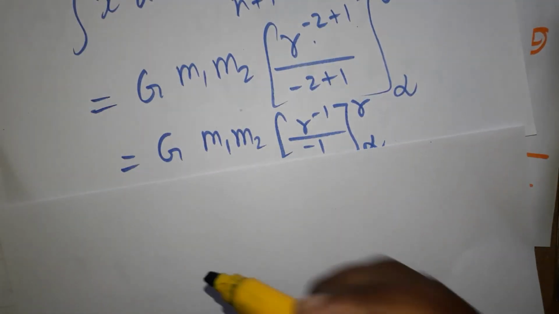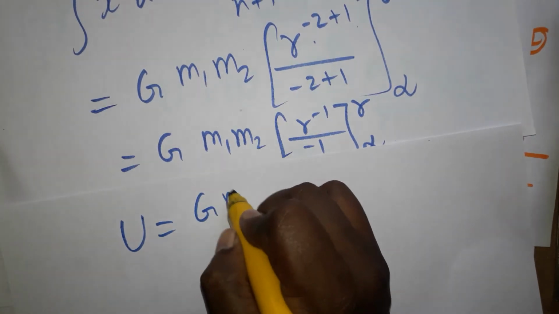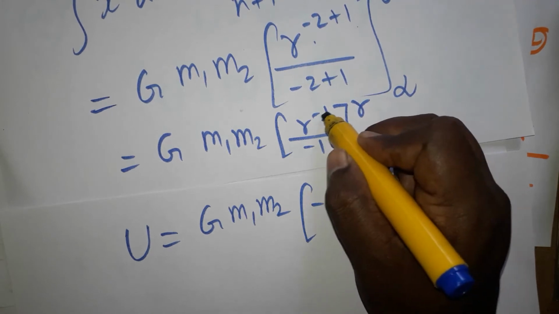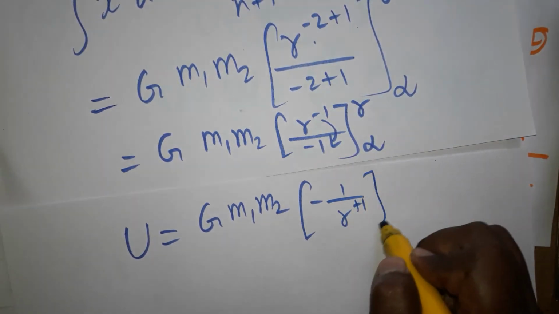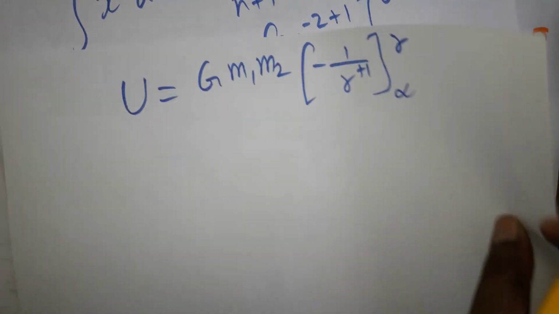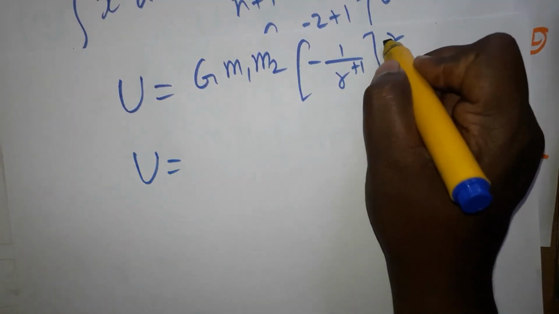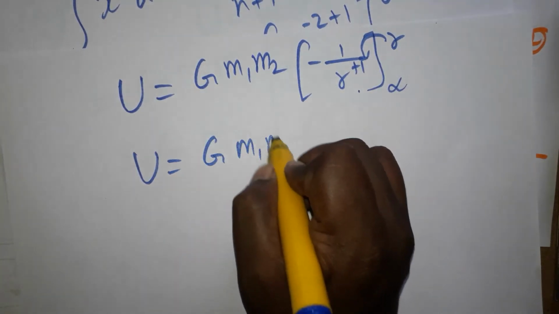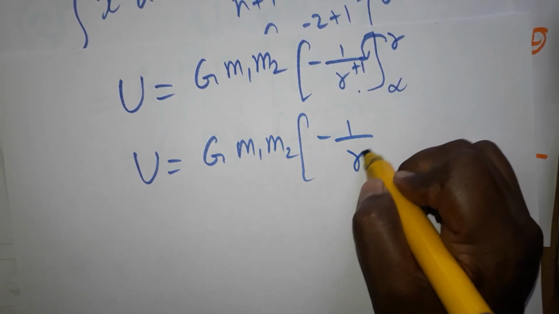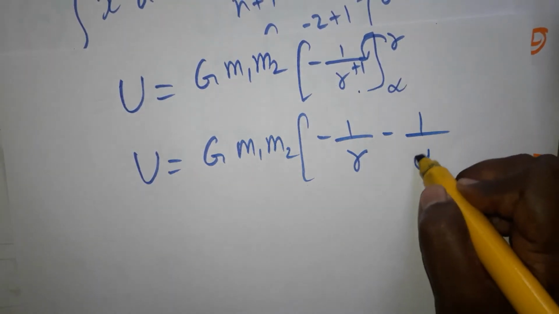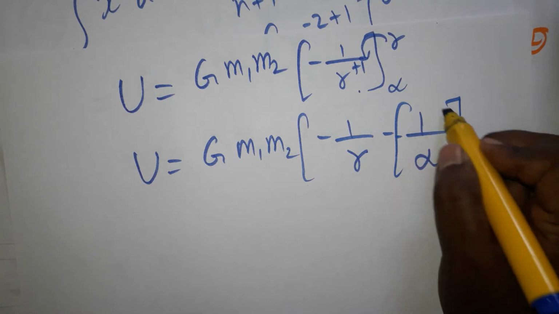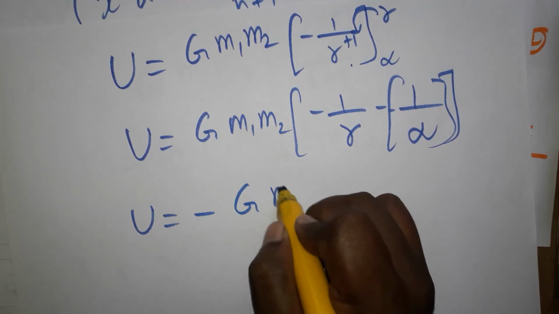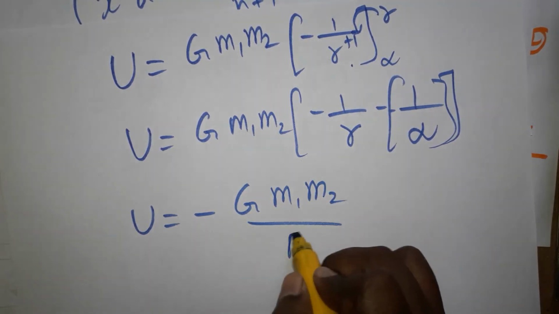It's going to be the gravitational potential energy, G times m1 m2, times minus of this. I am bringing the denominator, so minus 1 becomes plus 1, with the limit from infinity to r. Now in the same equation, first I put in the higher limit, then the lower limit: G m1 m2 times minus of (1 by r, the higher limit, minus 1 divided by infinity, the lower limit). 1 by infinity will be 0. So finally the gravitational potential energy is minus G m1 m2 divided by r.